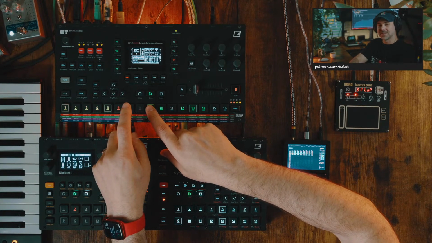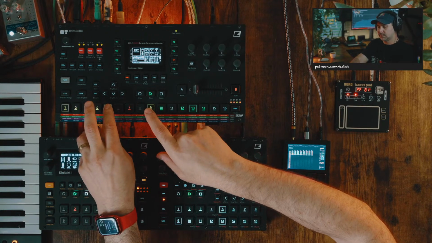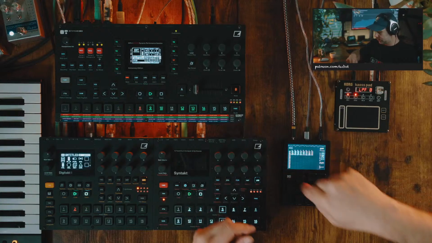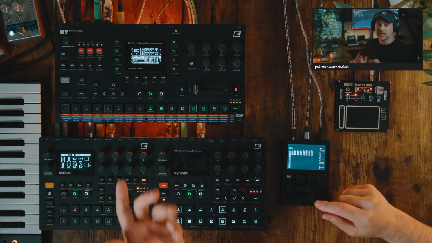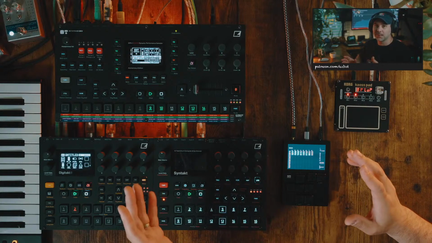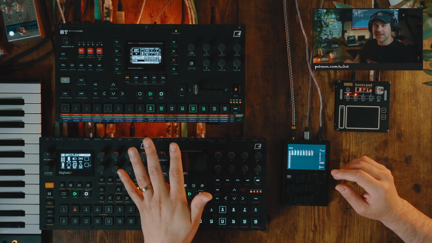I can't go up in time. That's something that the freeze delay can't do, albeit the freeze delay is one of the most powerful things inside of the Octatrack, and one of the most powerful delays I've seen